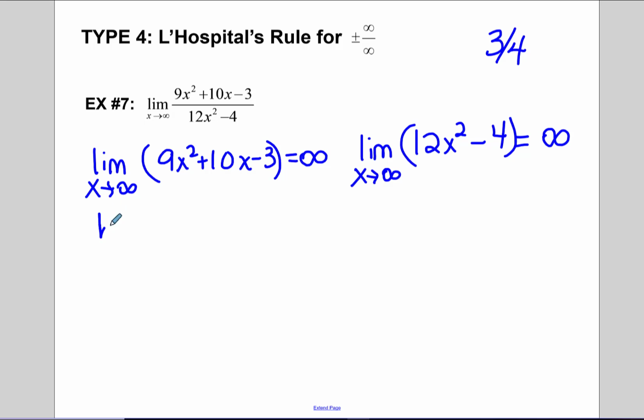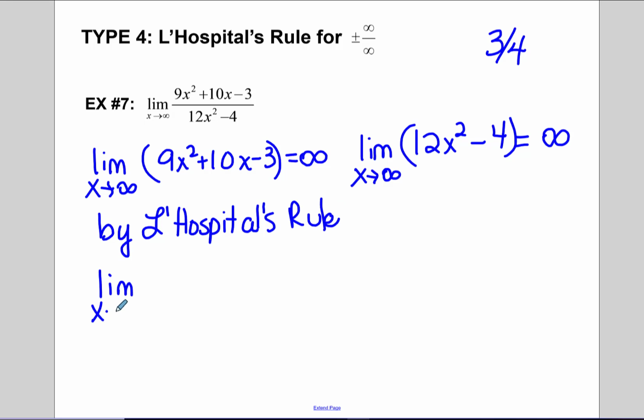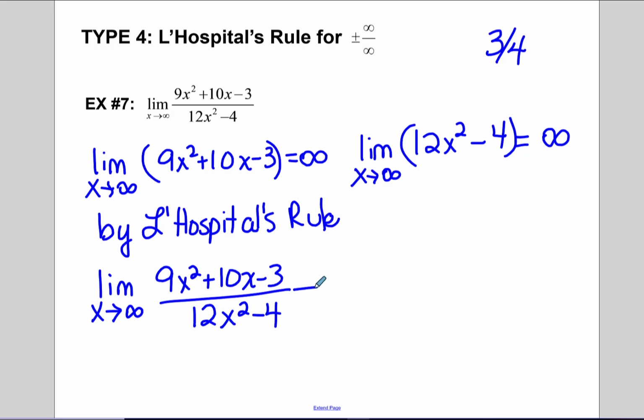We have indeterminate form, so we're going to use L'Hopital's rule and rewrite the original problem, 9x squared plus 10x minus 3 over 12x squared minus 4,